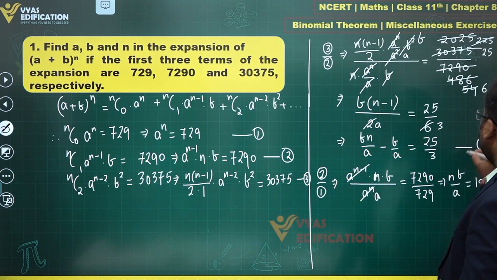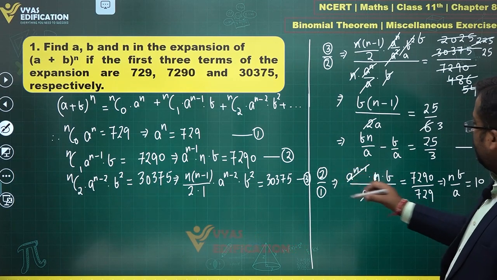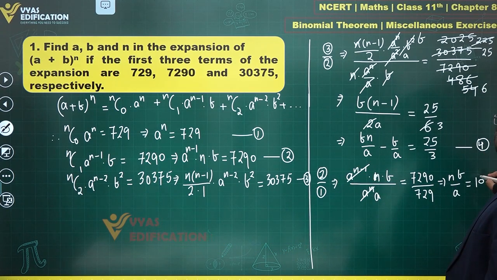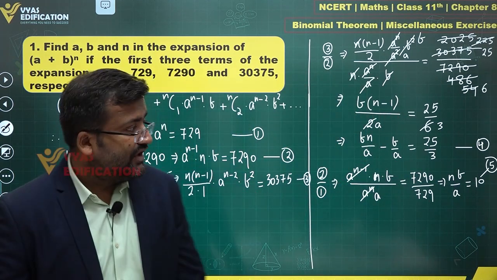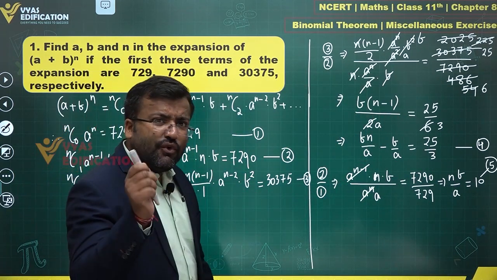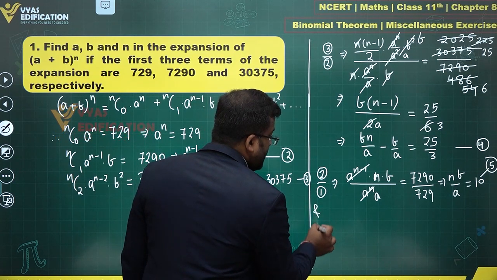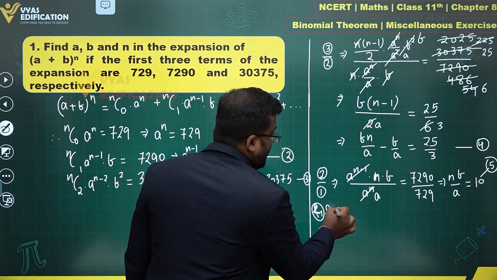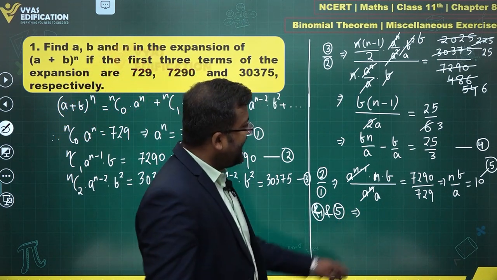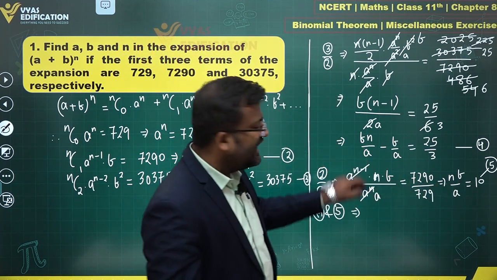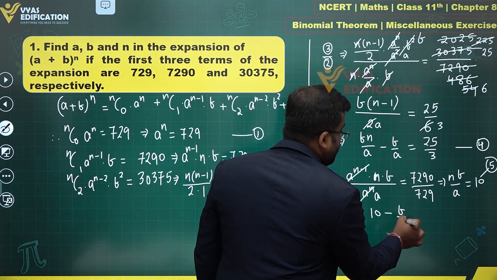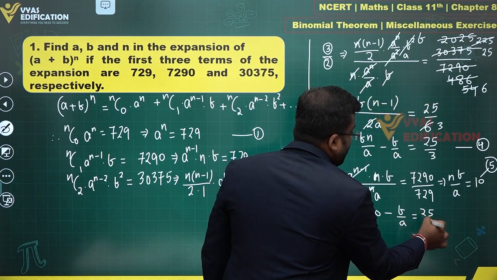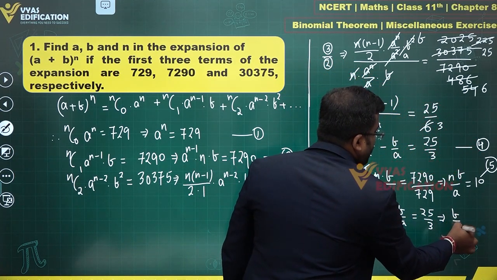This is equation number, let's call this equation number 1, 2, 3. Let's call this 4 and let's call this equation number 5. Okay. We have equations 4 and 5 now. Using 4 and 5, we see that nB by A is 10. Let's use that 10 over here. 10 minus B by A is equal to 25 by 3, and this gives me B upon A is equal to